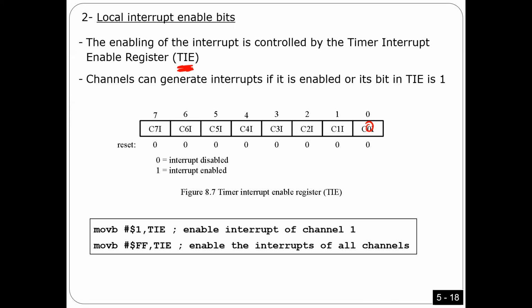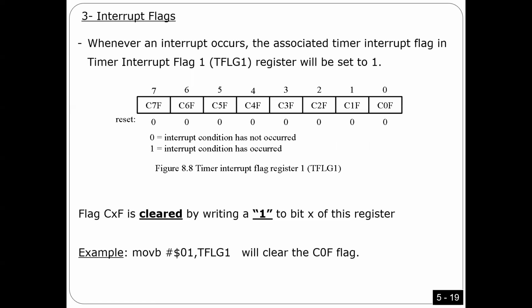I told you also for any interrupt, I have to tell you where the flag bit is. Same thing, now we need 8 flag bits, right? The 8 bits are in one register, as you will see right now. This one, the interrupt flag register. They put the 8 in one register. Very easy. So this is for channel 0, channel 1, channel 2, channel 3, and so on. If you want to clear the flag bit, you have to write 1 here, depending on which one you have to use. And you have to do this in the interrupt subroutine. Is that okay?